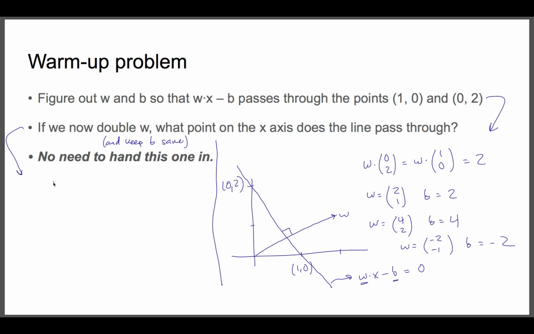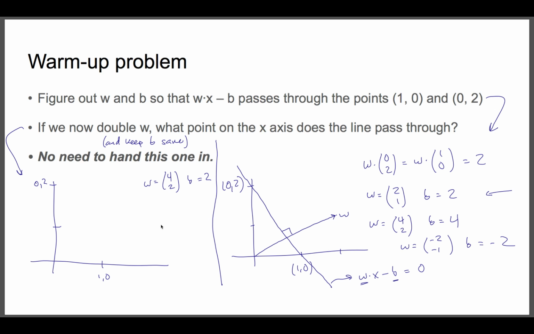So here's another set of axes, again with the point 1, 0 and the point 0, 2. And now let's double W and keep B the same. So let's take this solution and double it, and have W equals 4, 2 and B remains the same at 2, right? So now,